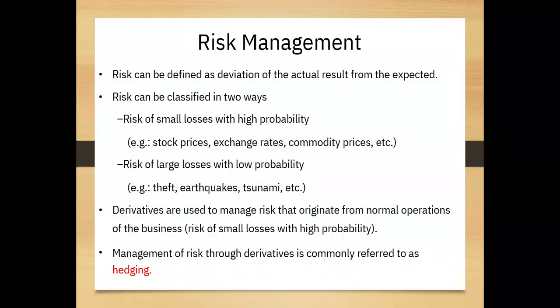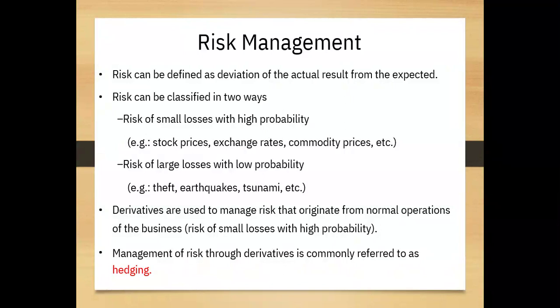In financial terms, risk can also be divided into two types: systematic risk and unsystematic risk. Systematic risks are like inflation risk, interest rate risk, and market risk. These we can't diversify with other securities. Whereas unsystematic risk can be diversified. It could be financial risk or operating risk. Both of these risks we can diversify with other securities.